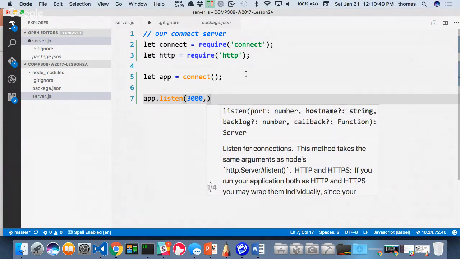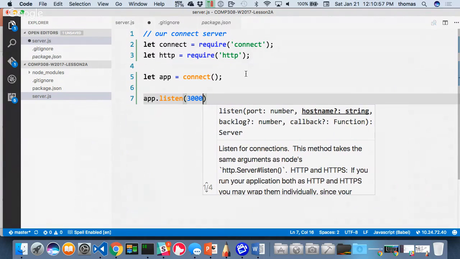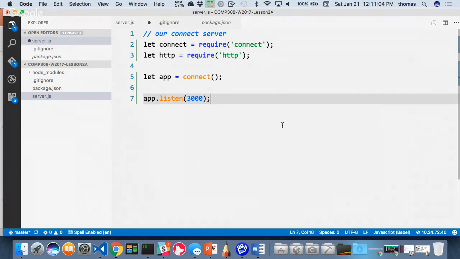Right then, my host name, if I want to put it in, I could put in 127.0.0.1 or some other thing if I want to. And I could even have a callback function after this too. For now, this is enough because the default for my host name is localhost. Okay, so I could do this. By the way,